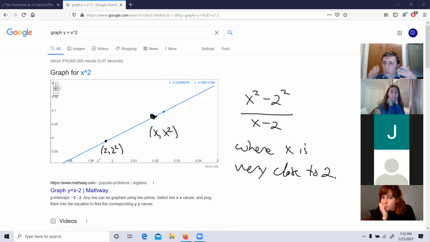Do you understand, guys? When you read the sentence, you have to imagine something. If I say limit as x goes to 2, what am I saying? I'm just saying calculate the fraction where x is very close to 2. I'm not saying anything sophisticated. So what is that going to tend to? As x goes towards 2, this will tend to the value 4, as you can calculate. So you're seeing a slope of 4. For each 1 unit of horizontal motion, you'll see a climbing of 4 units. That's locally what you're seeing.